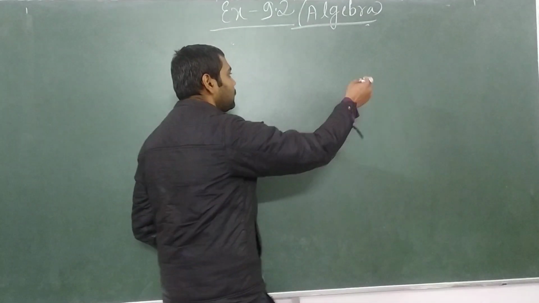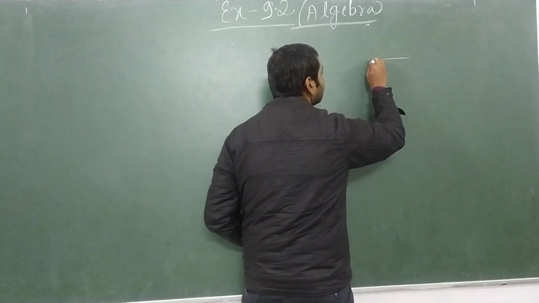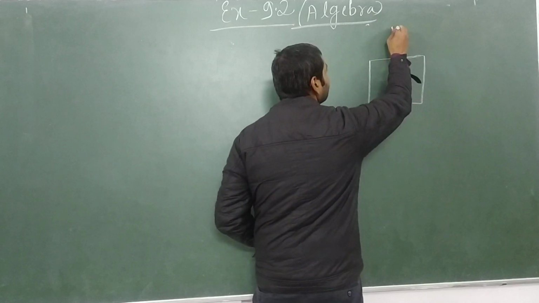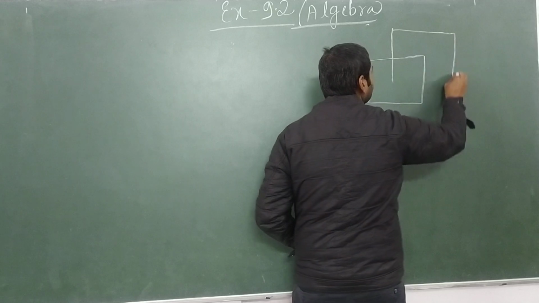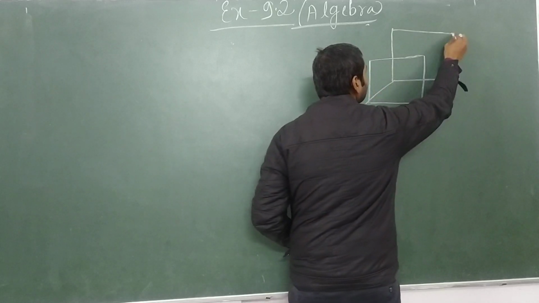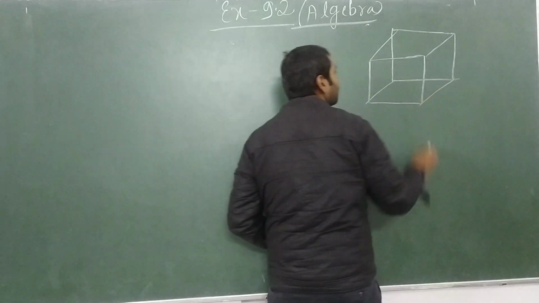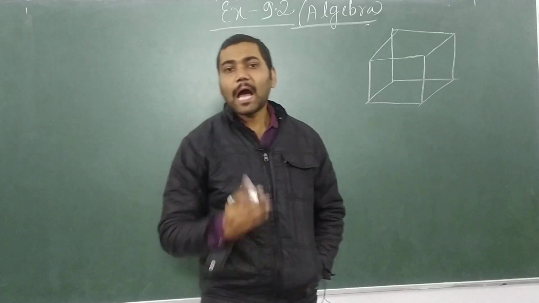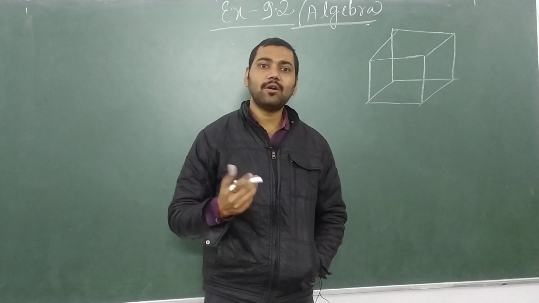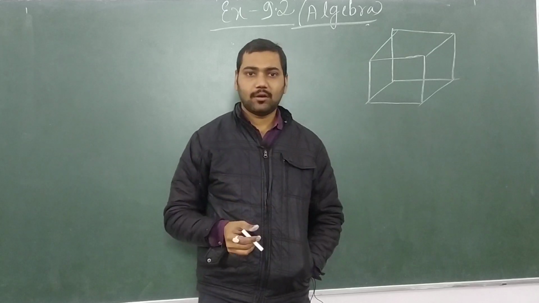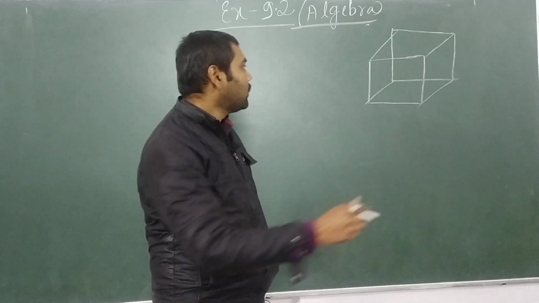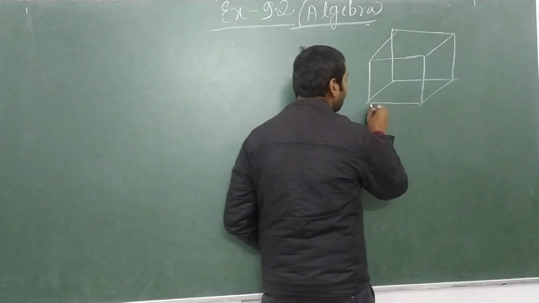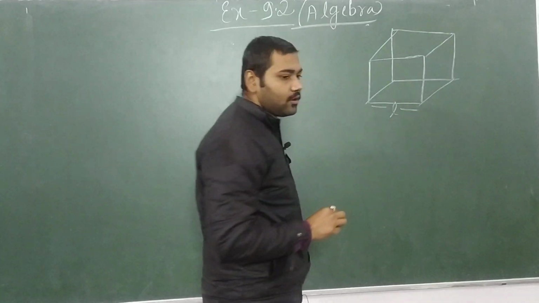Okay, so see here, we will draw a cube first. This is a cube, this is a figure of a cube. Cube you understand? Cube means a chalk box. You all have seen a chalk box every day in your classes. A chalk box is a cube. Now I think you all understand what a cube is. So the edge of the cube is given as L.